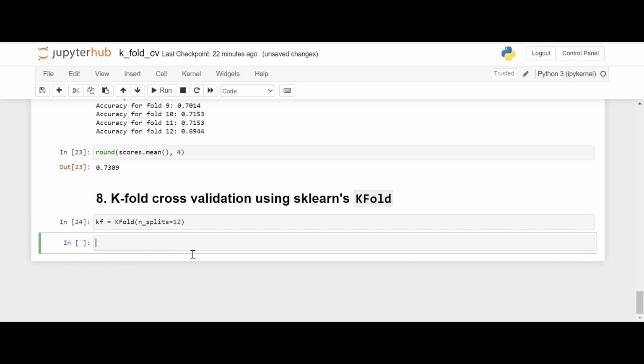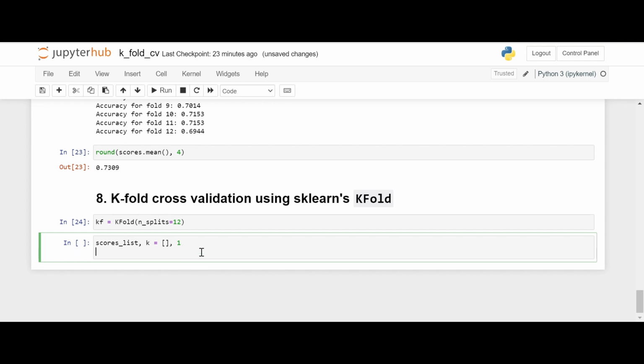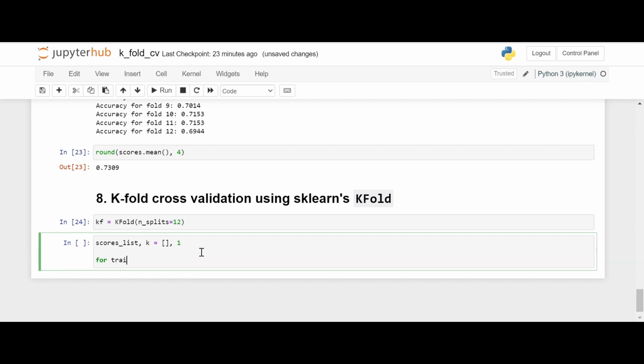Okay, then let's create a list, and another variable is k, which we start from 1. Then for train index, test index in kf.split